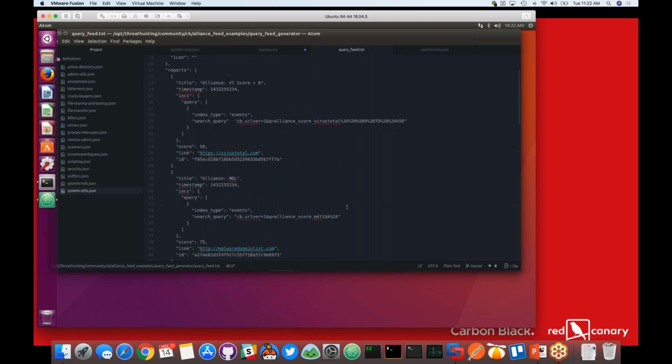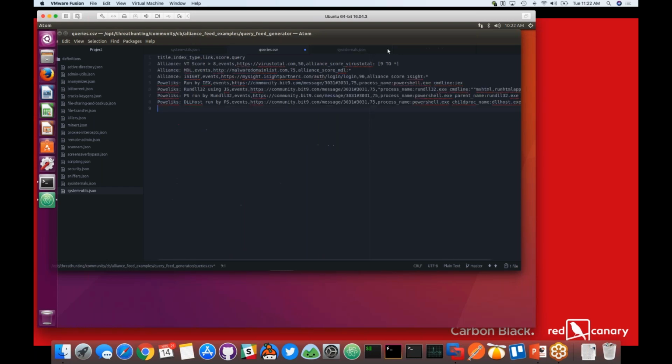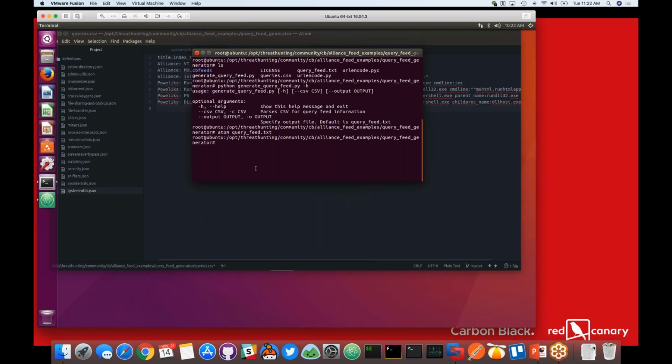Obviously, there's a couple ways you can do this, right? You can move this file to your Carbon Black Response server and attach the feed locally, which wouldn't really be helpful if you're continuously updating and tuning it with your queries.csv file. So what you could end up doing is set up a feed server. Very simply, you could even just run it right here if you like. With Python, you could just do a simple HTTP server, and it's going to serve this whole directory because I didn't specify exactly.